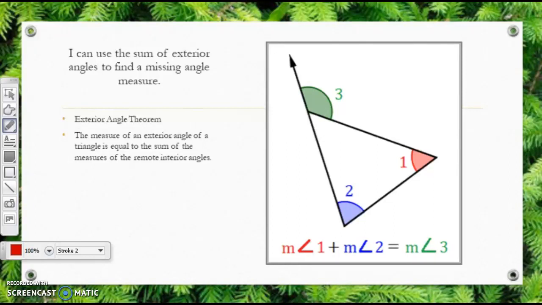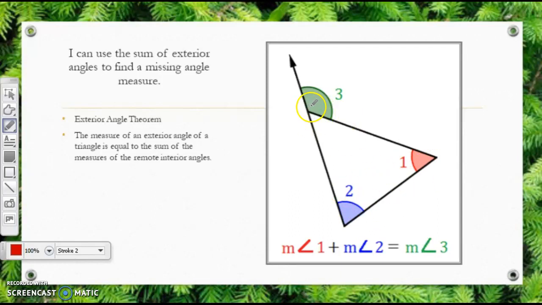The next thing we learned in Unit 5 was how to find the measure of an exterior angle of a triangle. And we had this property that says the measure of an exterior angle of a triangle is equal to the sum of the measures of the remote interior angles. What that says is the two angles that don't touch the exterior angle, you can add those up and it'll